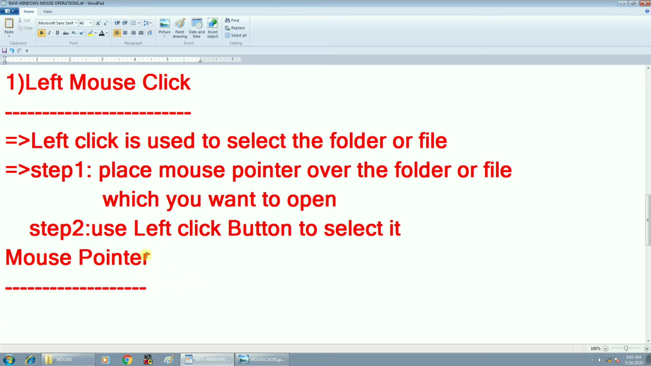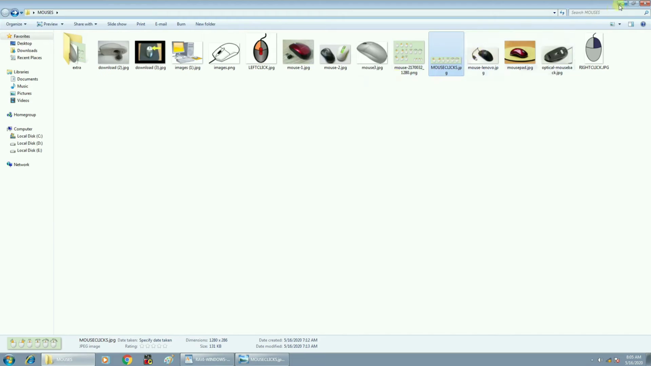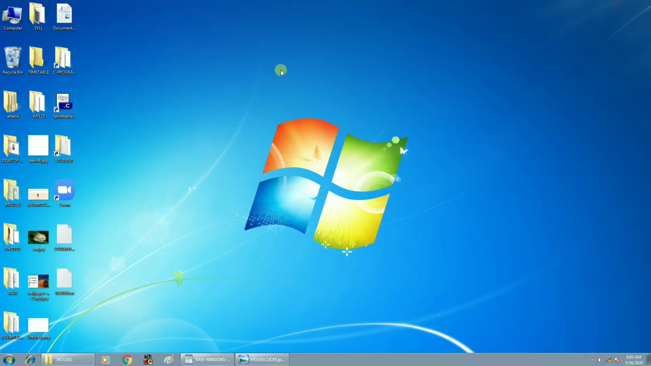For example, now observe here, it looks like an I-beam. Whenever it is placed over the desktop, it changes to an arrow. See, if I move this to the minimize button, it looks like an arrow. Or if I place the mouse on any empty area of the surface, it looks like an arrow. Okay,